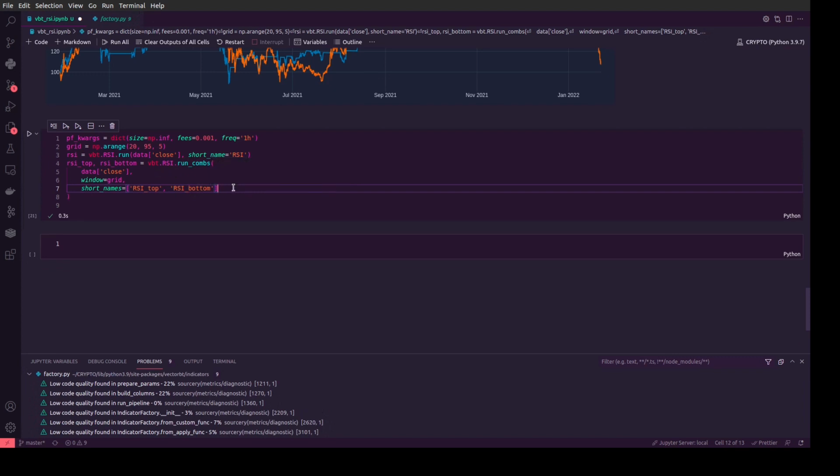Okay, so we run this method and we extract to object RCI top and RCI bottom, and next we need